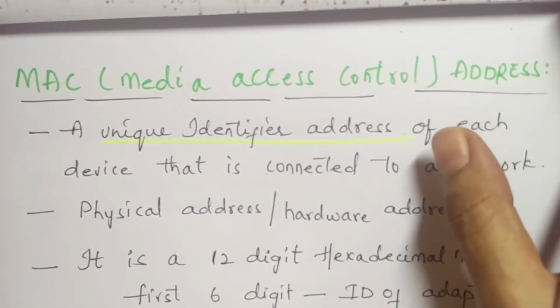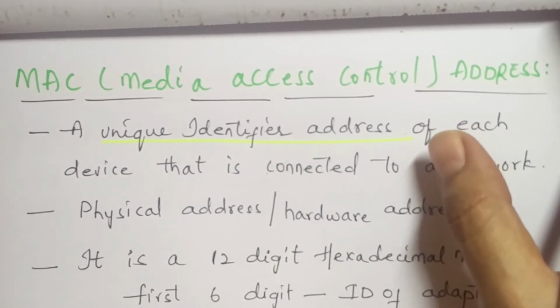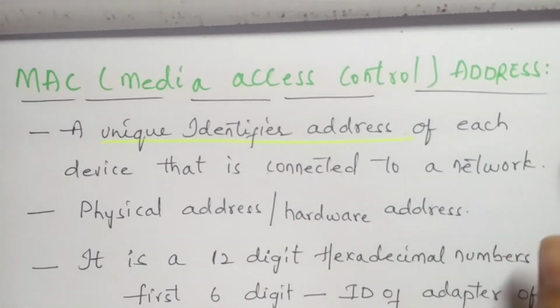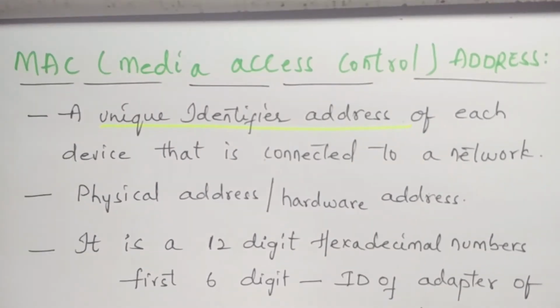A media access control address is a unique identifier assigned to a network interface controller for use as a network address in communications within a network segment. This use is common in most IEEE networking technologies including Ethernet, Wi-Fi and Bluetooth. MAC addresses are recognizable as 6 groups of 2 hexadecimal digits, separated by hyphens, colons or without a separator.